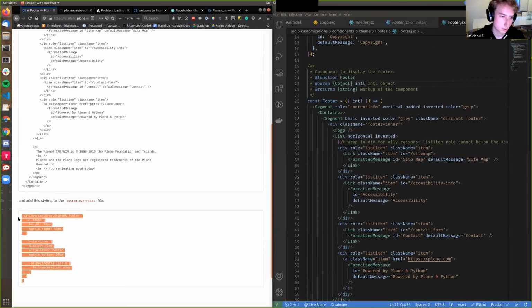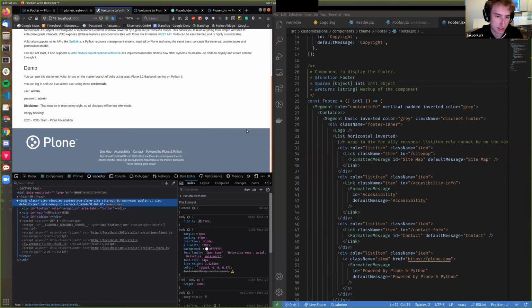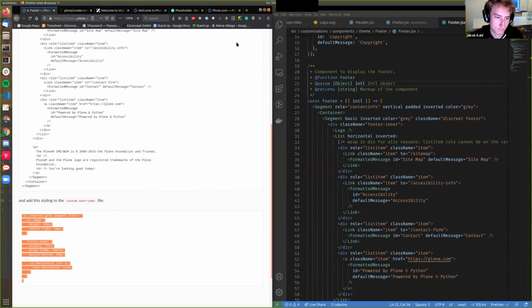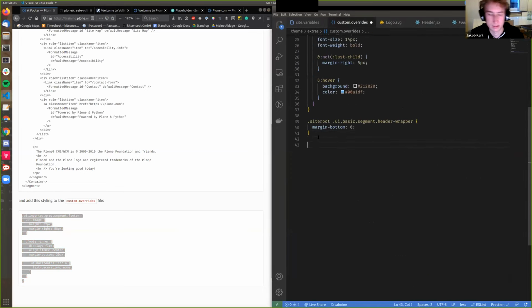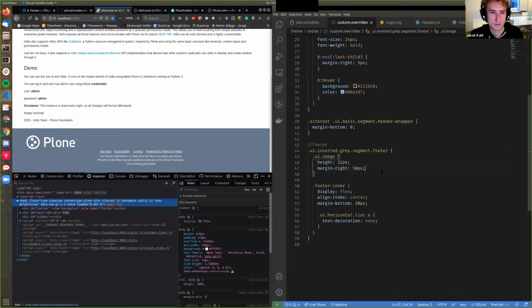To make our footer look even more like the one on the Plone.com main page, we also need some CSS, because as you can see here, we have a wrong background color and a bit of wrong alignment here. So we have this CSS/less code that we can also paste in our customizations folder. So this is the footer, paste that there. And when we save now,